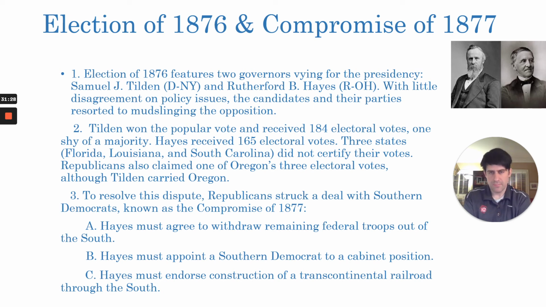The second stipulation that they requested was for Hayes to appoint a Southern Democrat to a cabinet-level position in his administration. And finally, they wanted Hayes to endorse construction of a transcontinental railroad through the South. Railroads were beginning to be built and change the transportation and business and economic landscape and fortunes of the nation